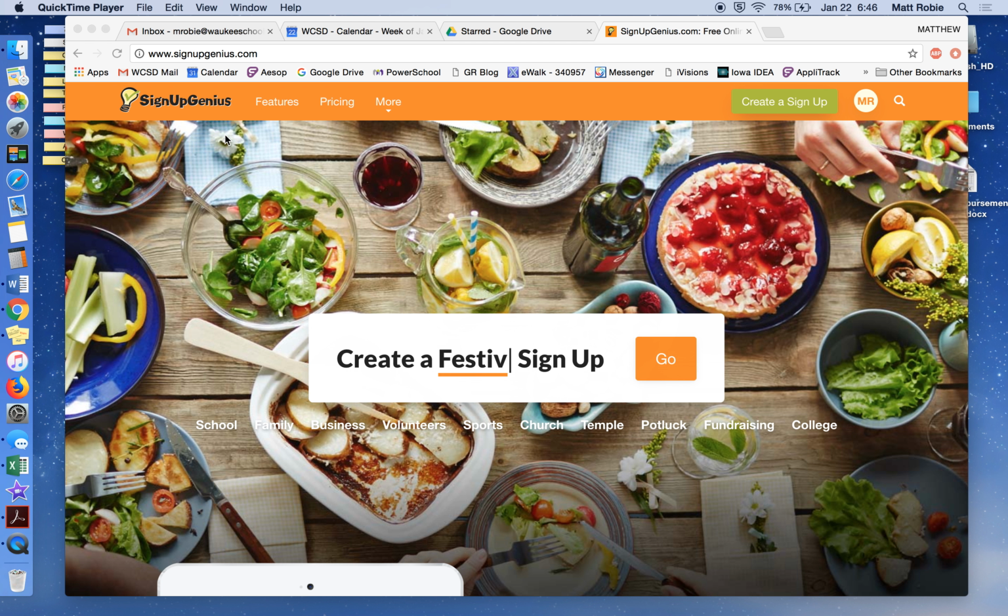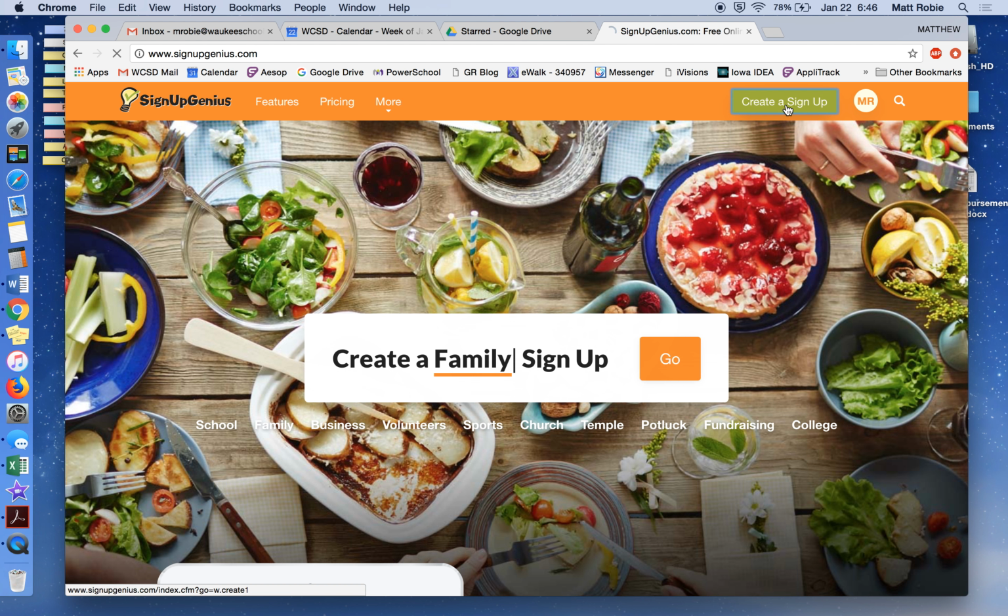The first thing you need to go do is go to signupgenius.com. If you don't already have an account, go ahead and create an account with your school email. Set up a password so that you end up at a home screen that has this create a sign up button. You can see that I'm already logged in here, so we're going to go ahead and create a sign up. You click on the green create a sign up button,